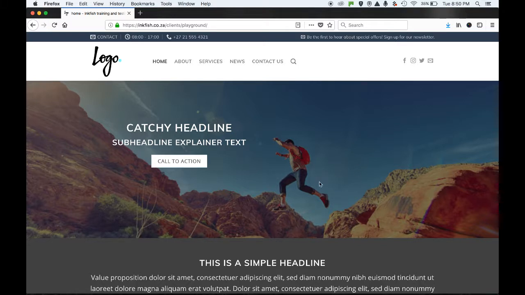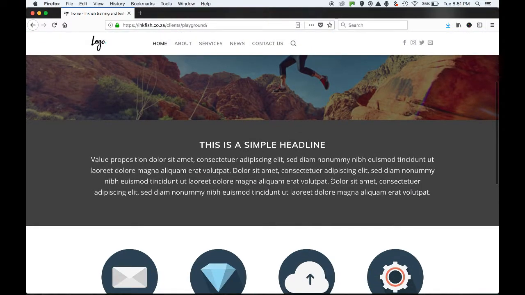So a good strong visual with a strong headline and a call to action button, which might link you off to a product or a special or a page that you're trying to entice the visitor to take action on, is usually good to have up top, followed by a headline introducing your value proposition,